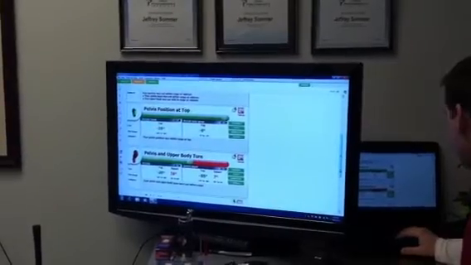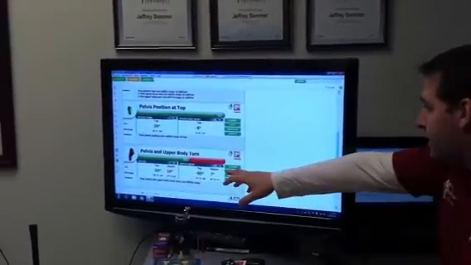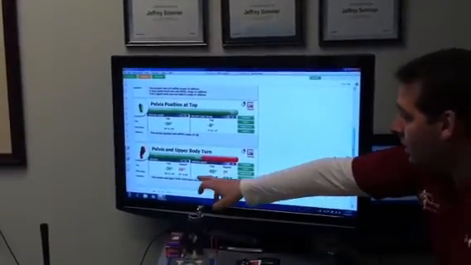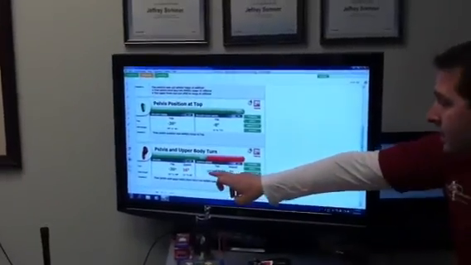Posture's looking like our big thing right now. Pelvis and upper body turns are looking good, other than we're a little slow to get pelvis and upper